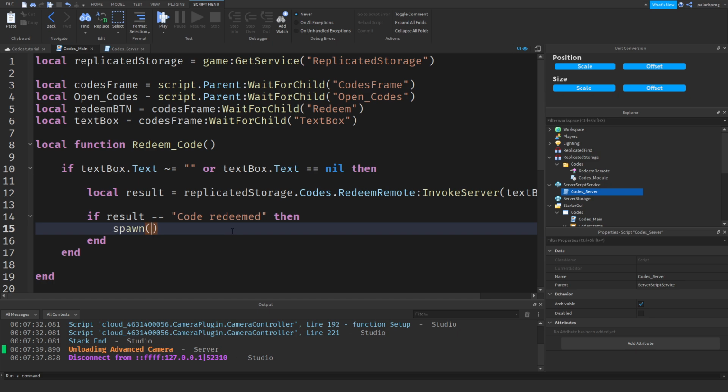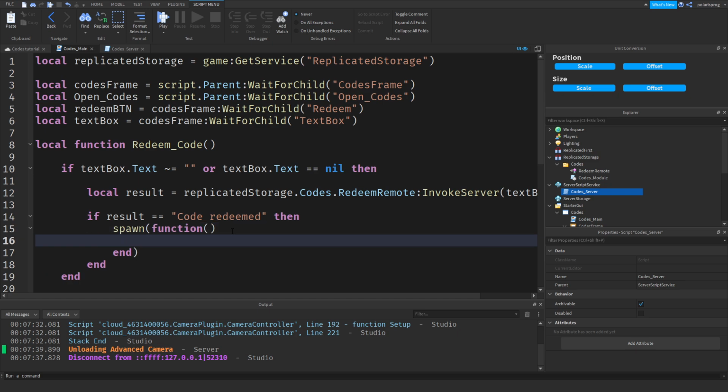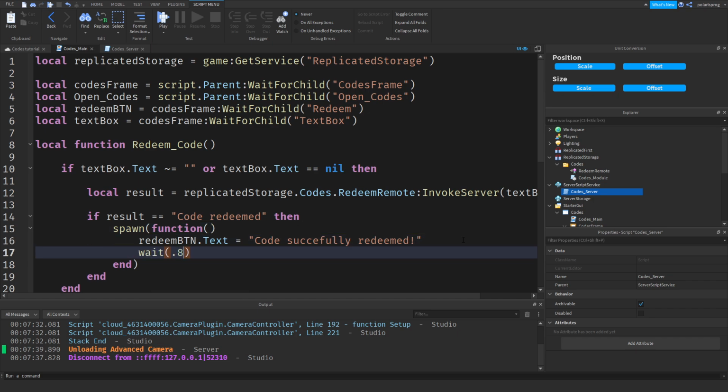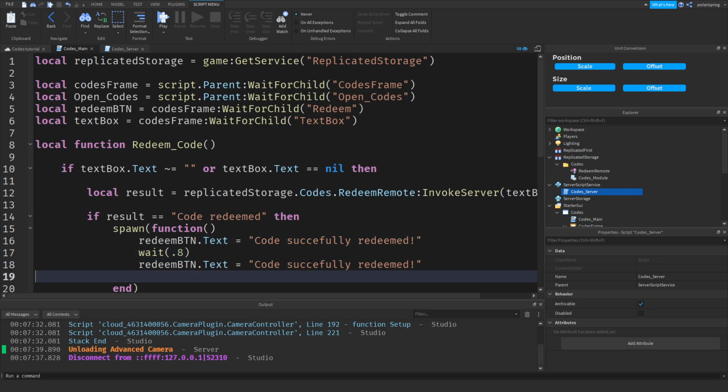Now inside of here, because we are returning the results, we'll check if the results are equal to code redeemed. Then we're gonna do a spawn function, and we're gonna do text, what's it called? I think it was the redeem button.text is equal to code successfully redeemed. And we're gonna wait around 0.5 seconds or 0.8. Then we're gonna set the code to just redeem